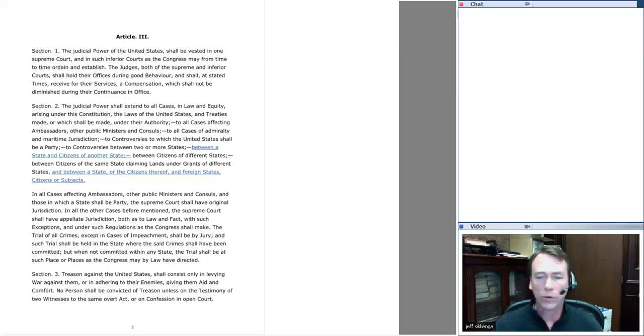And of course, that's an extremely important idea. Marshall talks about it again in Marbury. Where courts can hear cases, they have power to decide. Where courts can't hear cases, they don't have any power. And if you can control what cases the court can hear, you can control that court. And Article 3 here in Section 2 makes it clear that Congress and the President will not be able to control the court's jurisdiction. It has independent jurisdiction, subject to some regulations, but fundamentally, it has its own jurisdiction that can't be tampered with except by tampering with the Constitution.